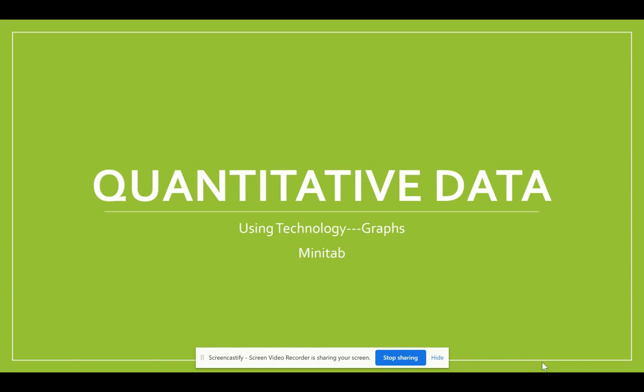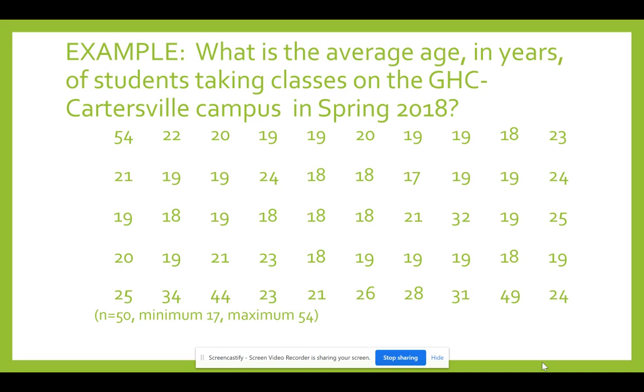And so we're now going to take a look at how to do that using technology, because quite honestly, no one in terms of research today does much by hand. We use the technology, whether that's a statistical software package, a calculator, or some other technology that's available to do those sort of things. And so I want to use the same example that we've been looking at in the